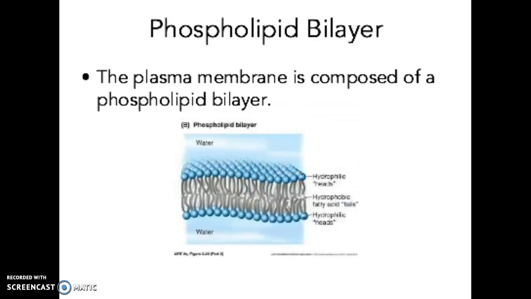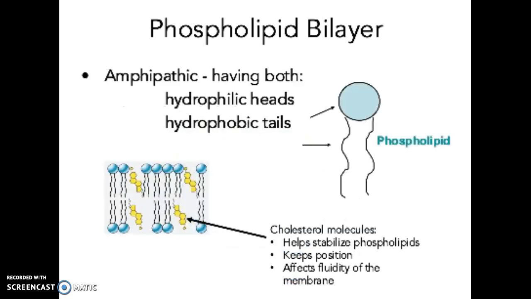The plasma membrane is composed of a phospholipid bilayer, which is two layers of phospholipids back to back. Phospholipids are lipids with a phosphate group attached to them. The phospholipids have one head and two tails, and is an